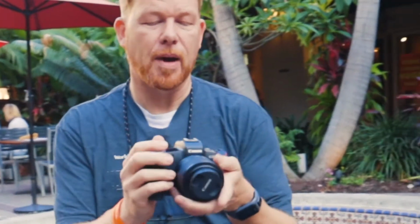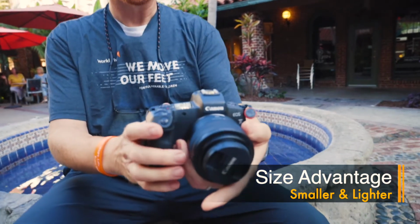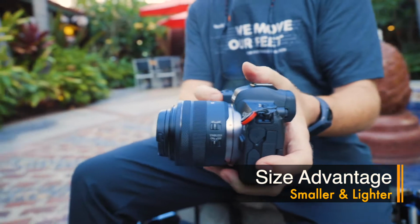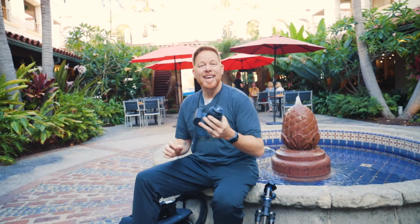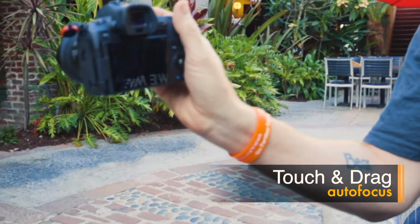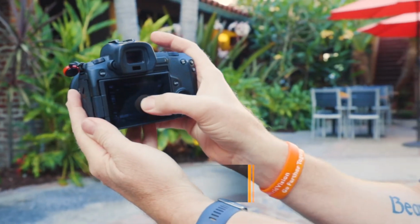The first thing I've talked about is size and weight being very minimal on the Canon EOS R. You can see the slim profile of the 35mm lens. I really love that. It's very, very light, and I find it easy to use with one hand. When using it one hand, I'm using the touch and drag system to focus with my thumb, right? So I'm moving the focus point all around, and that's easy to do because the